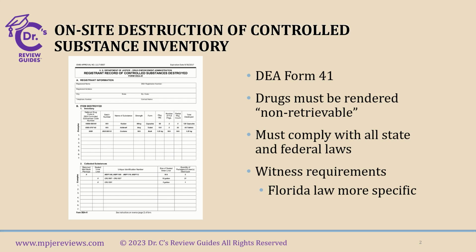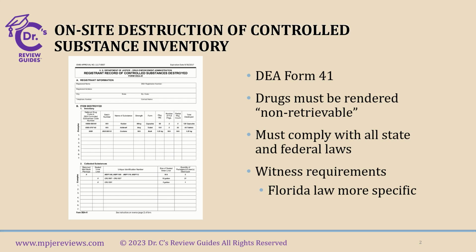So that's how you destroy drugs on the premises using a DEA Form 41, which again is not used that often. The preferred way to destroy controlled substances you have, and when we're talking about destroying them, why would you want to destroy them? Probably because they were expired or something, and there's something wrong with them, you can't return them for credit, right? But if you can't return them for credit and you need to get rid of some controlled substances in your pharmacy, the preferred method to get rid of them is to actually transfer these controlled